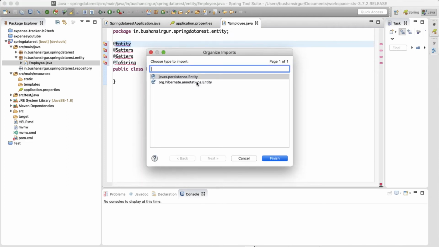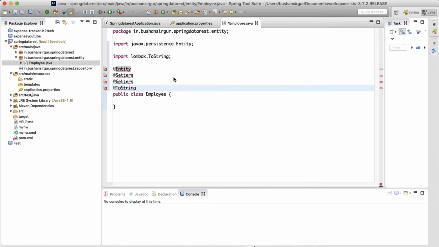So let's import it from javax.persistence.Entity. Let's import it from the Lombok package. Okay, I think this is Setter. Yes, this is Setter, it's not Setters.